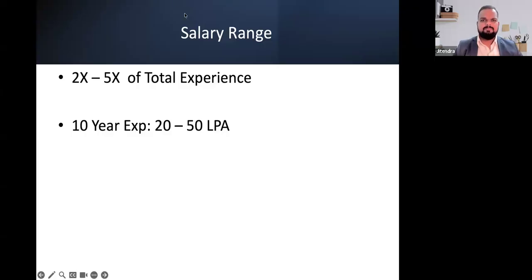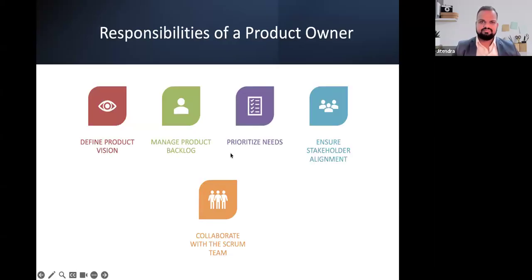Definitely the product-based company is going to pay more. Why so? Because they have their own product, so it's not like they're going to outsource it to someone. When you're working in a service-based company, money comes from the product-based company to the service-based company. Over here, you're directly in the product company, so definitely you're going to get much better pay here.